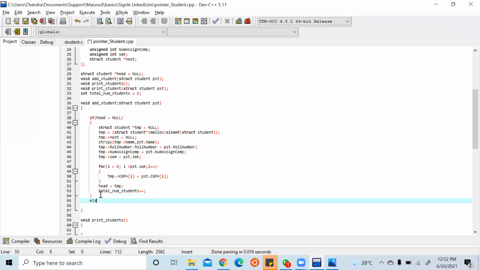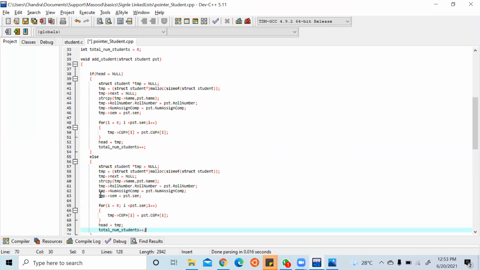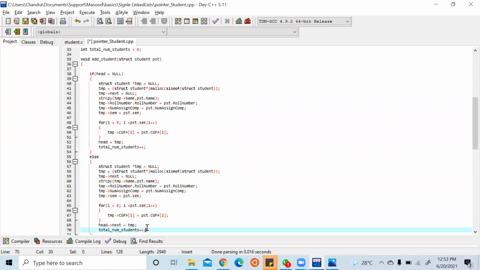So for the next elements, I'll use the same pointer. Head pointing to next is equal to TMP.